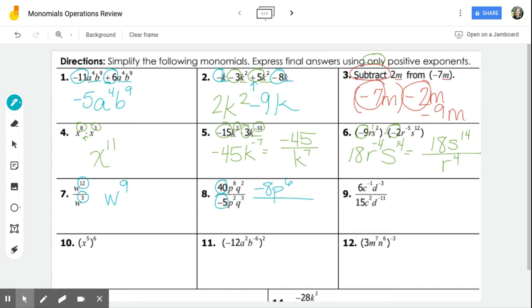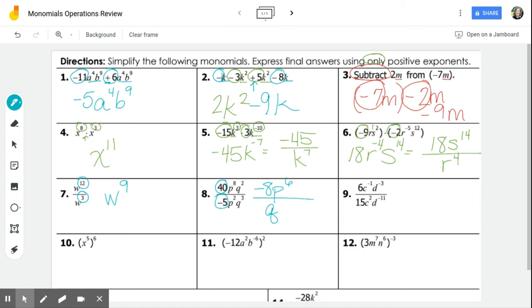So I'm going to go ahead and throw it in the denominator. So we're going to end up with Q. It would have been Q to the 2 minus 3. What would that be? 2 minus 3, negative 1. So because we're going to plop it in the denominator, it's just going to be Q to the first power,